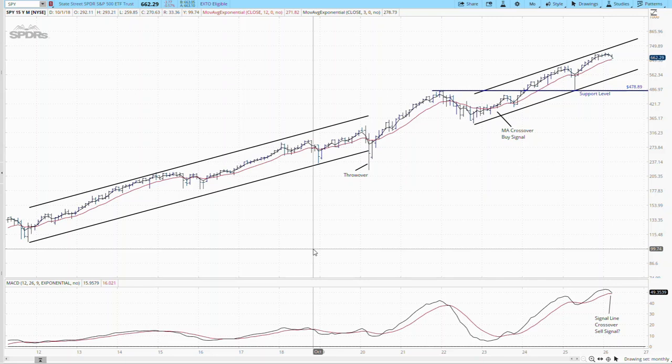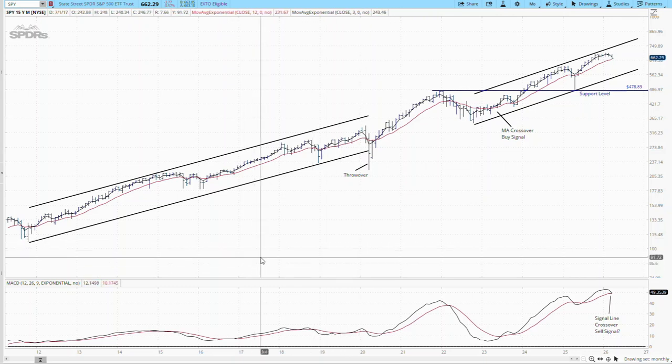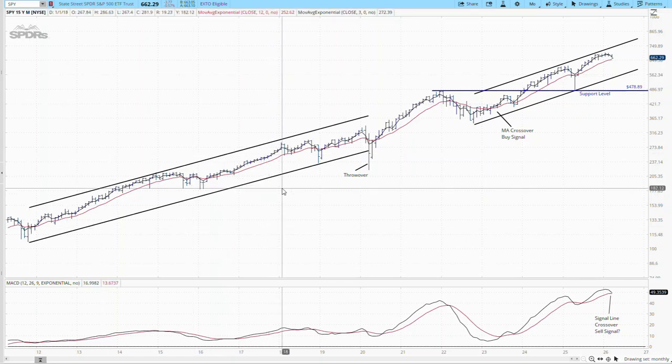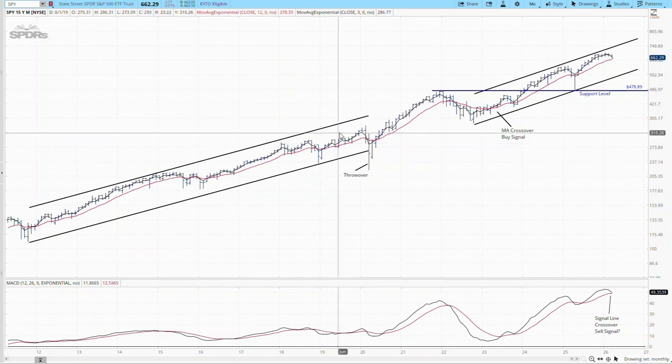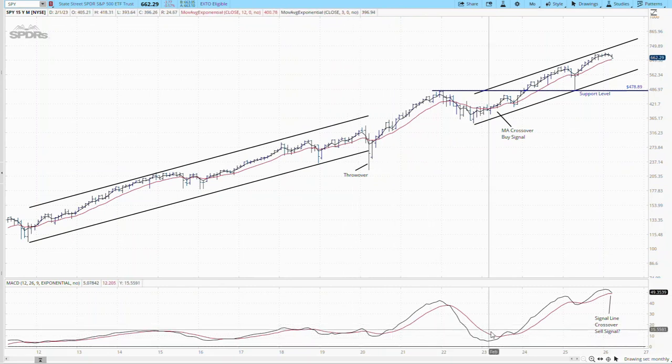It is March 15th, 2026, and I wanted to do a quick market update on the S&P 500 using the ETF SPY. So here we have a long-term monthly chart. It's a bar chart, logarithmic, with the 3 and 12-month exponential moving averages and our standard MACD line in the